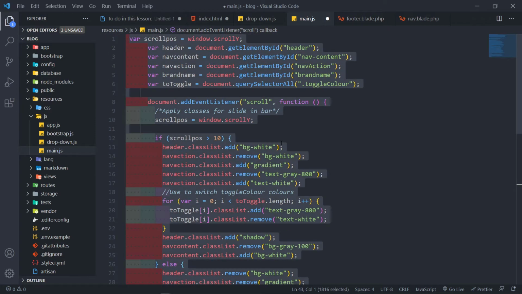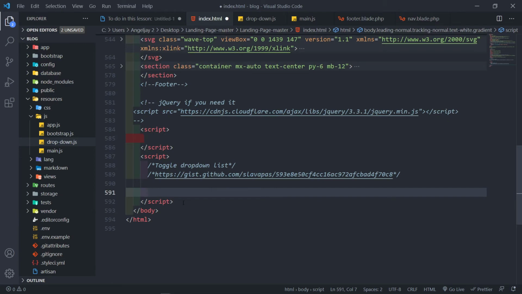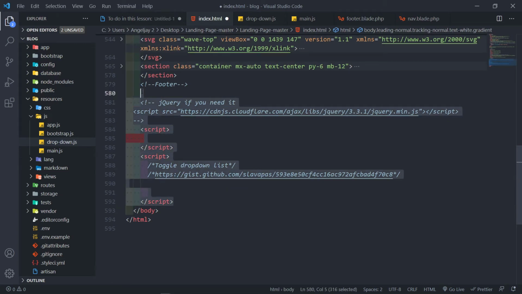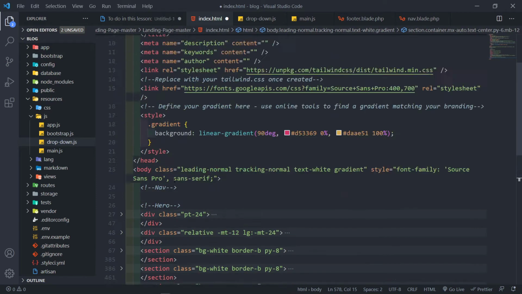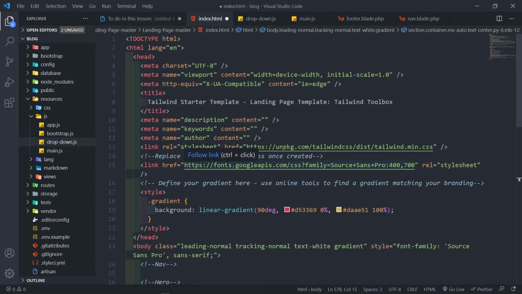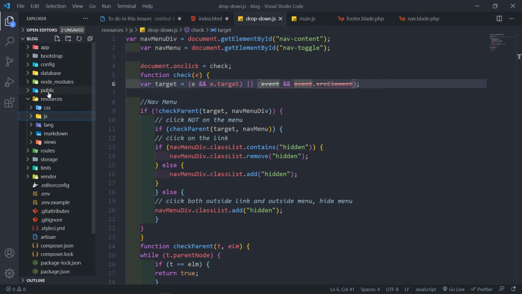Okay, so it's all good. Basically what we have done is we copied all the scripts out of there. So I'm going to remove the footer. Okay, so it's all good stuff. Now what we're going to do, if we go into our